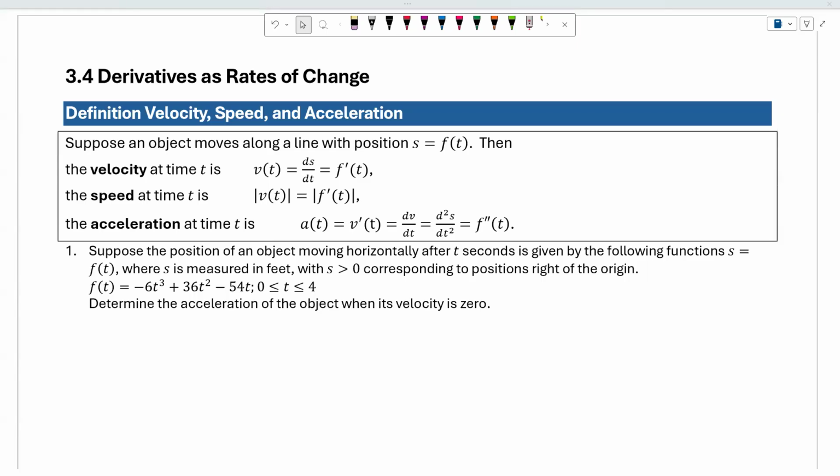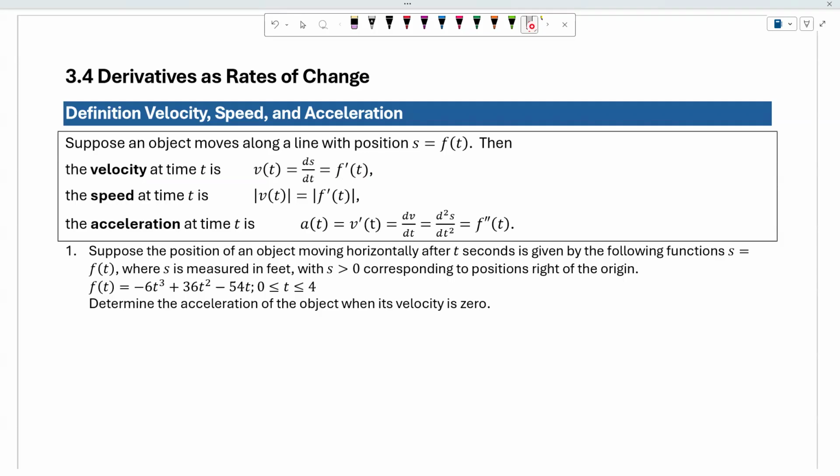Hi, in this video, we will talk about the derivative as a rate of change. Now let us start with velocity, speed, and acceleration. Suppose an object moves along a line with position s equals f of t. Then we know that the velocity is the derivative of f, which is the derivative of the position